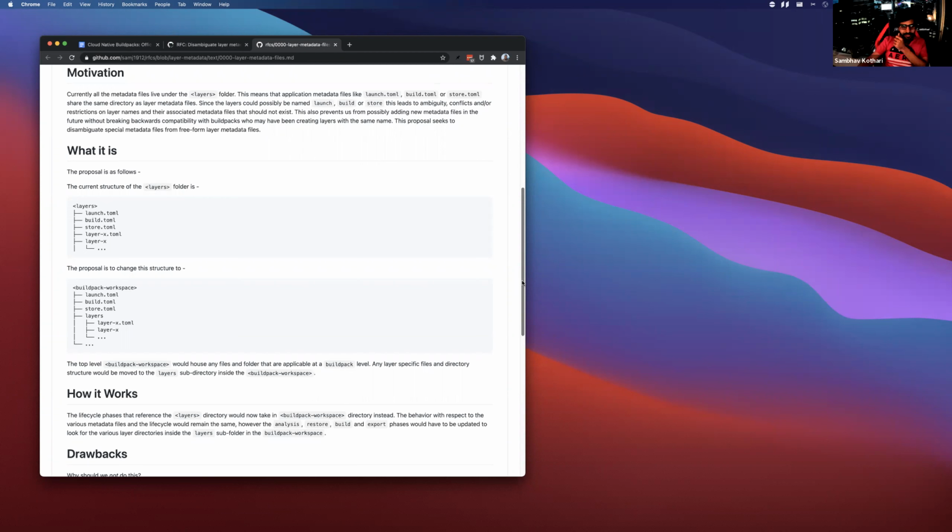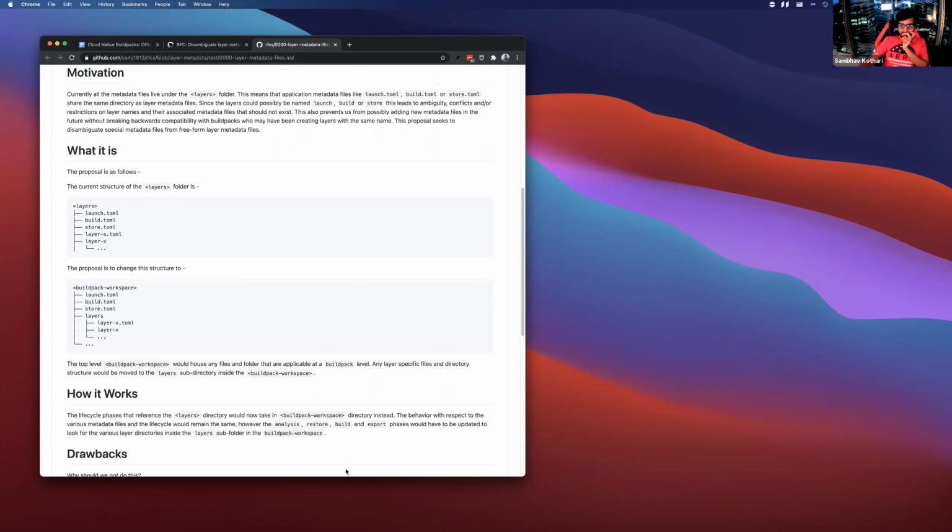The only other reason I moved that buildpack workspace to a top level concept and layers to a subdirectory underneath it was that there was this other conversation that came up around things you may want to configure which don't necessarily relate to a specific layer. Like we were talking about process specific environment variables, and the only way to specify them right now is to create a layer and then create the env directory inside it. So that was the other thing.